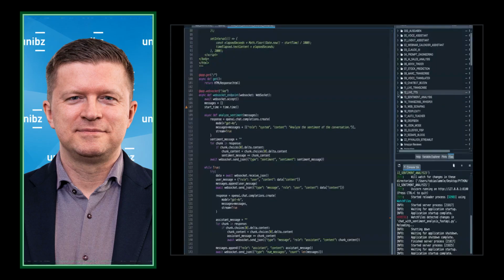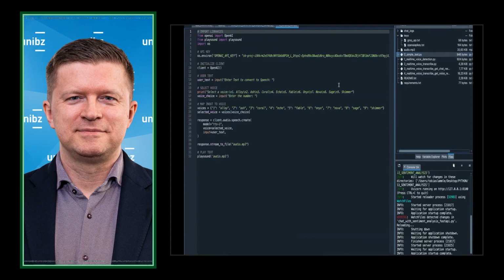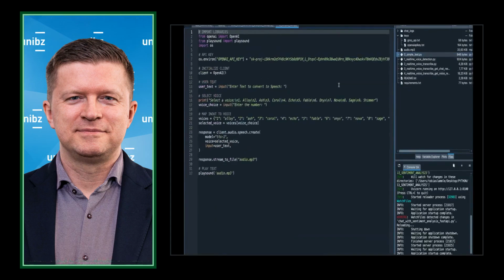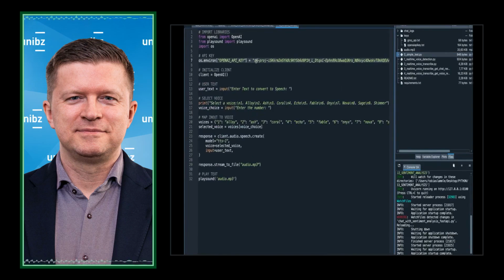For TTS, that's here, which is the name. Let's try this. I'm going to zoom in a little bit and explain a little what is happening here. So this is the key I was talking about before, because I'm using OpenAI's TTS to do that. It converts text to speech for free, but you need an API key. So that's what's happening here.